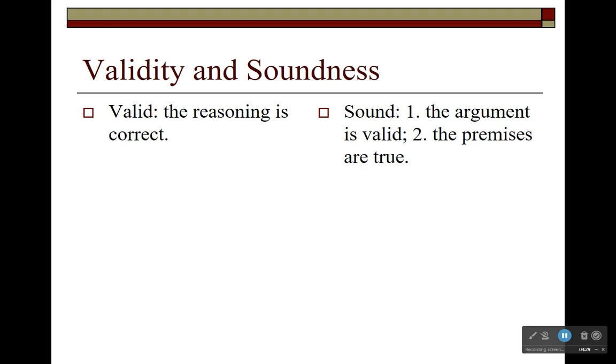The argument has to be valid, so again, the reasoning has to be correct, and the premises have to be true. The premises are the statements in an argument that set forth the evidence or the reasons offered in support of some conclusion. So sound is a broader evaluation. Valid is a relatively narrower evaluation. First, we just evaluate the reasoning,